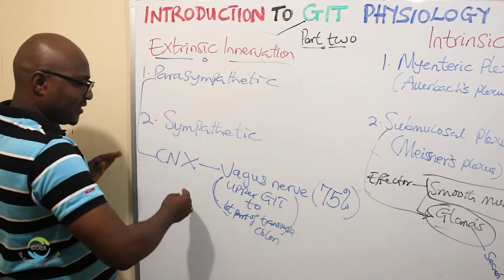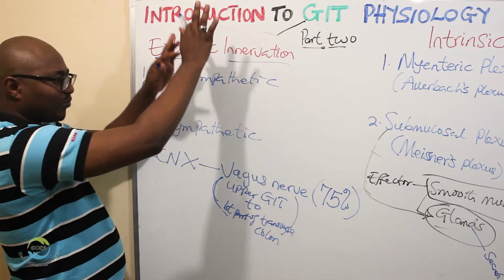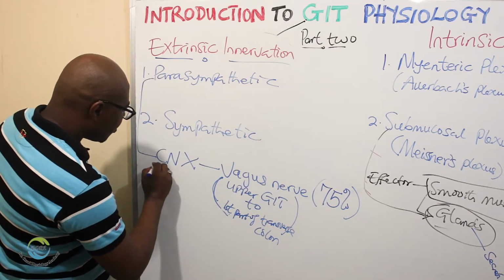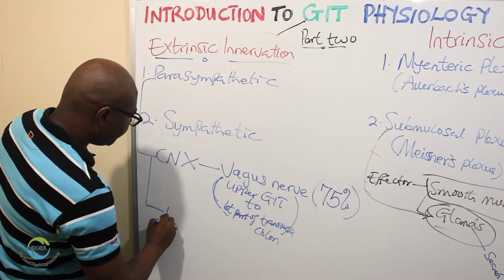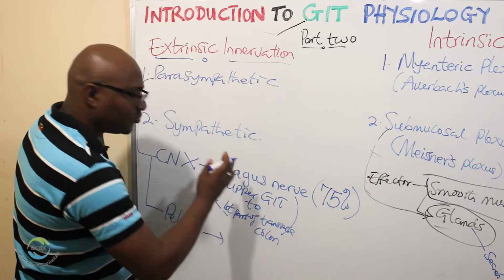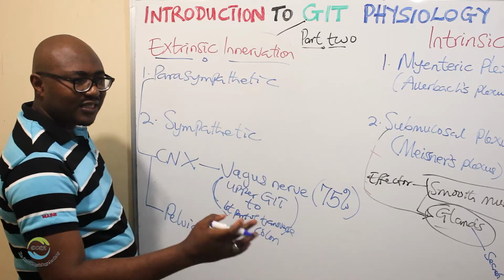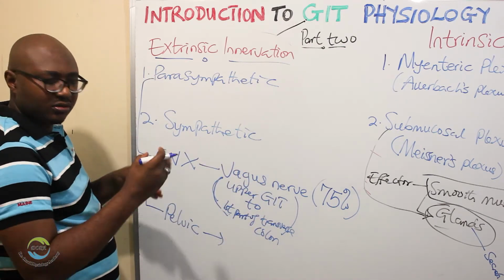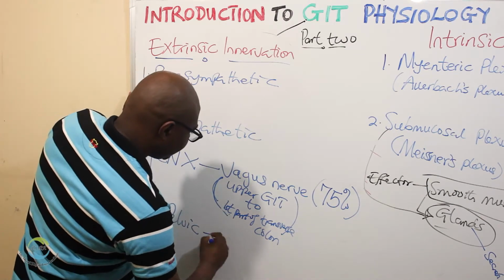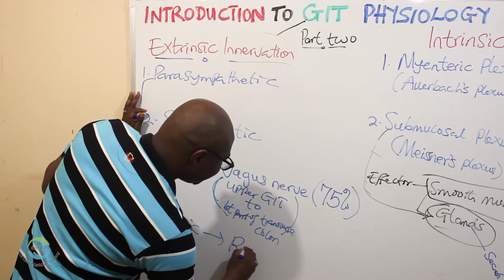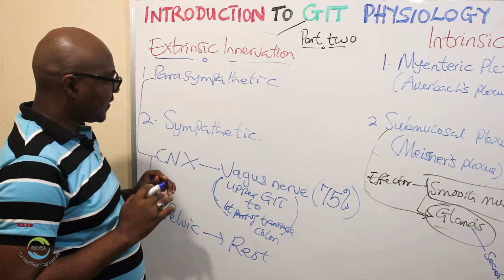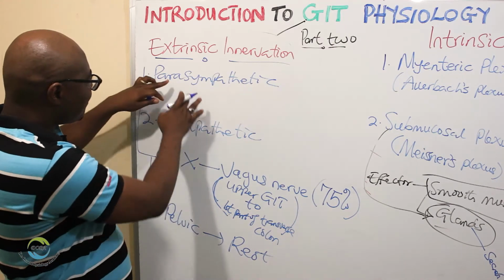Okay? Now you have the ascending, transverse, descending. So it supplies so many, everything. Then you now have another one, the pelvic nerve, which now supplies from the remaining part of the transverse colon down to close to the anus. Okay? The pelvic nerve supplies the rest, the lower part of the GIT. So this is the parasympathetic